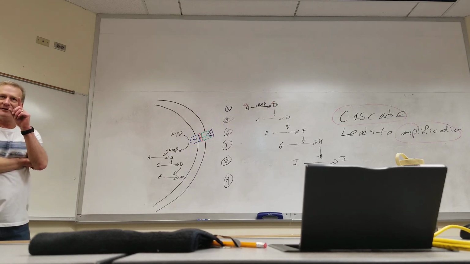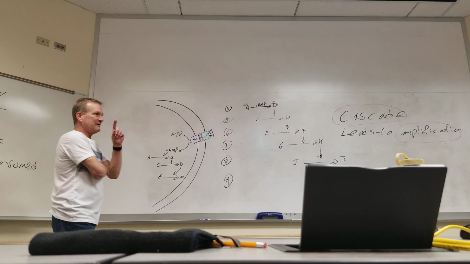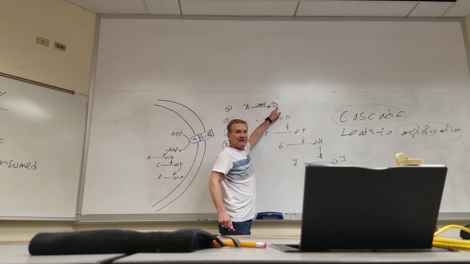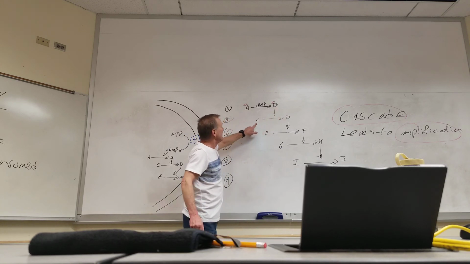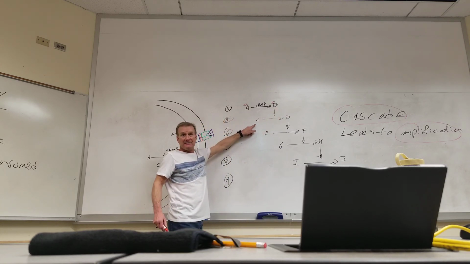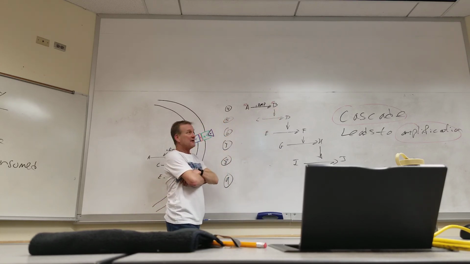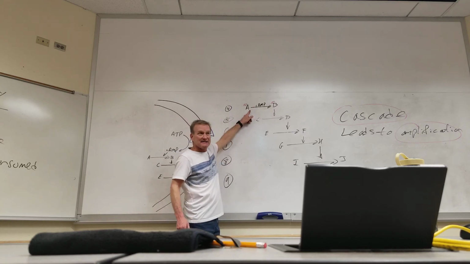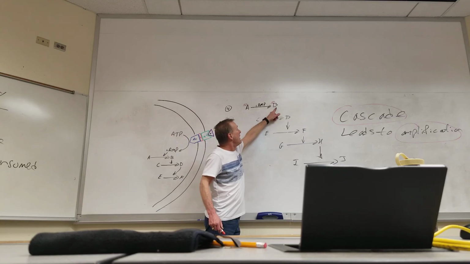Now, here's the amplification. What if every B acts on 10 C's? Okay, one cyclic AMP was able to convert 10 A's, so couldn't one B